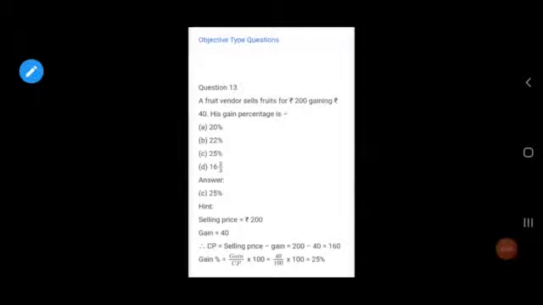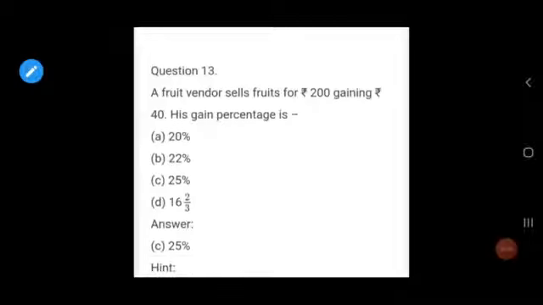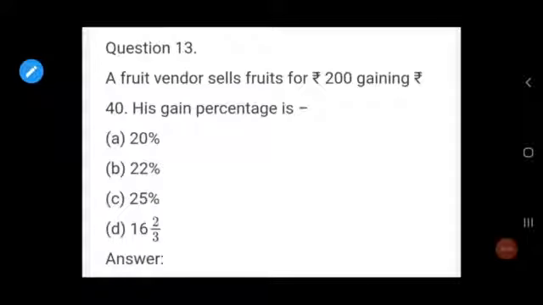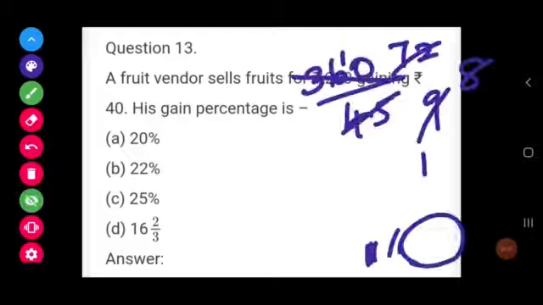Next question number 13. Objective type questions we are going to see now. Here a fruit vendor sells fruits for rupees 200 gaining rupees 40. His gain percentage is dash. They have given SP, because the fruit vendor sells the fruit, that is 200, gain is 40. So what is the profit formula? We know that profit equal to